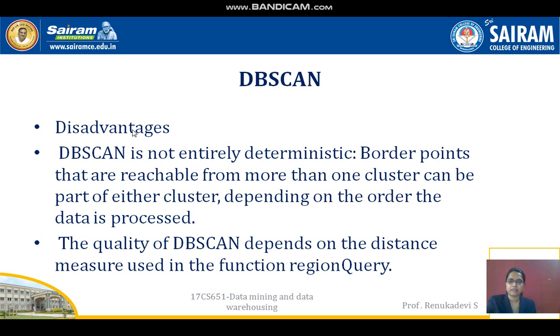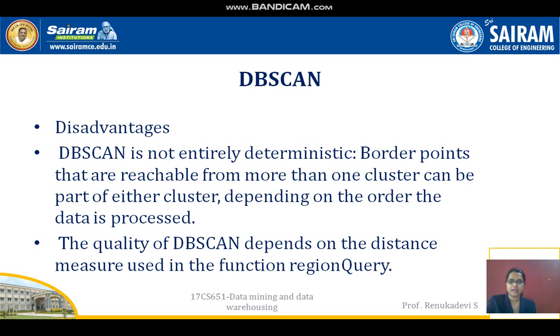Both the strengths and the drawbacks, the weaknesses, will be discussed. DBSCAN uses a density-based definition of a cluster, and it is relatively resistant to noise and can handle clusters of arbitrary shapes and sizes. DBSCAN has trouble when the clusters have widely varying densities. It also has trouble with high-dimensional data because density is more difficult to define for such data. And DBSCAN can be expensive when the computation of nearest neighbors requires computing all pairwise proximities.